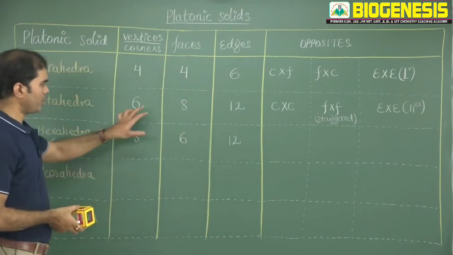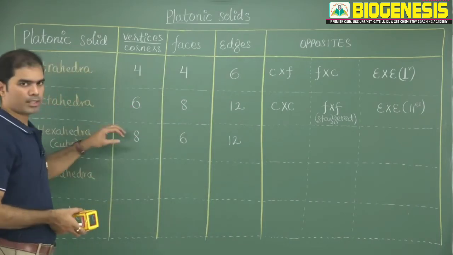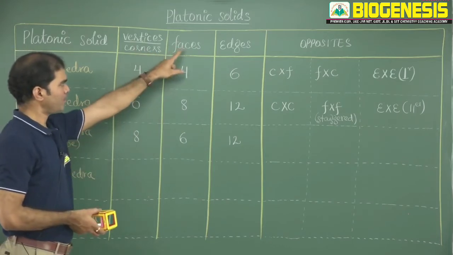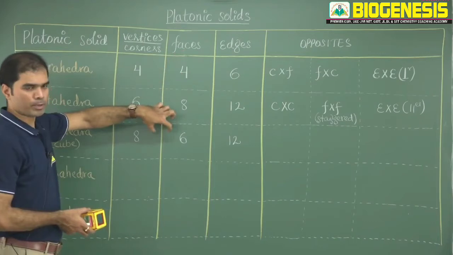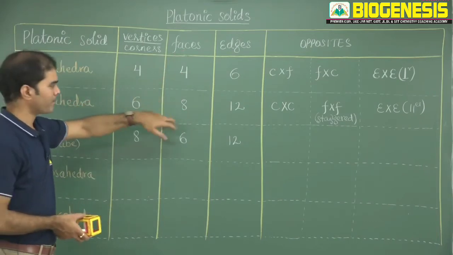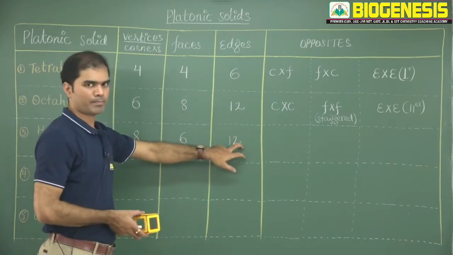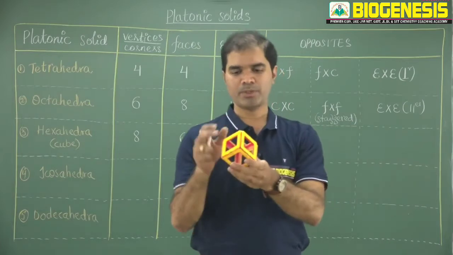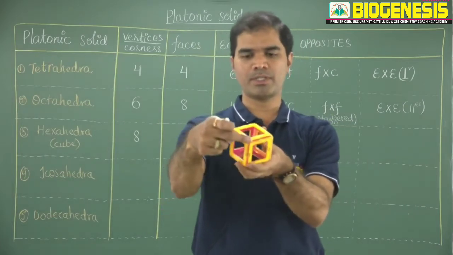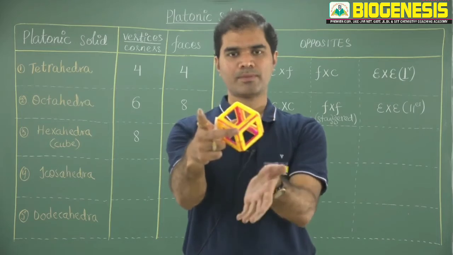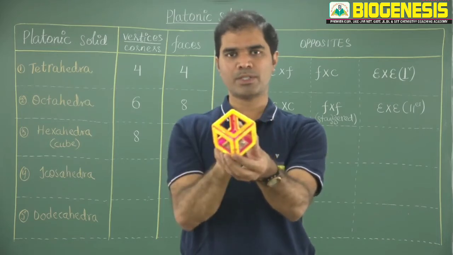Another important point that you can find is that octahedra and hexahedra are conjugates to one another. Therefore, how many vertices plus faces will equal for both? 6 plus 8 or 8 plus 6 is just one and the same. Number of edges is also the same. What are the opposites? Now we will check. Suppose I am choosing a corner, just imagine I have chosen this corner. Now exactly opposite is this corner. For this corner, opposite is a corner.